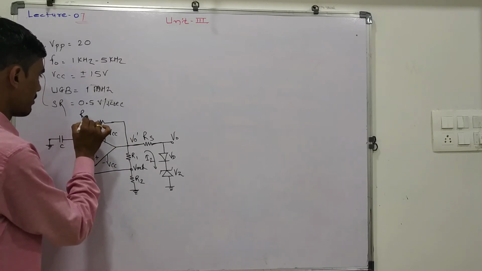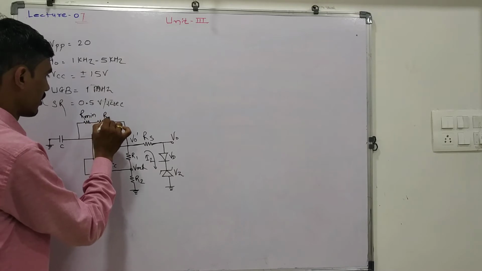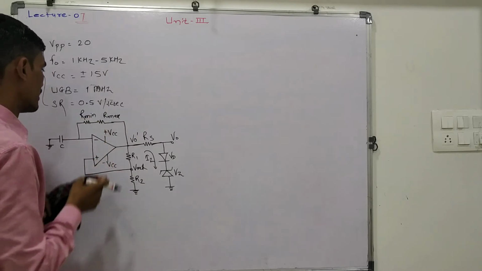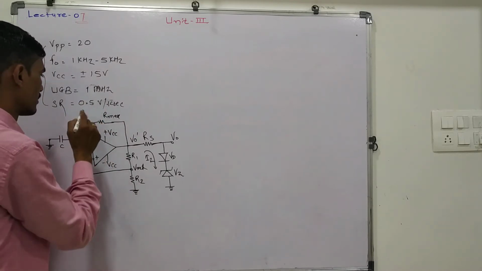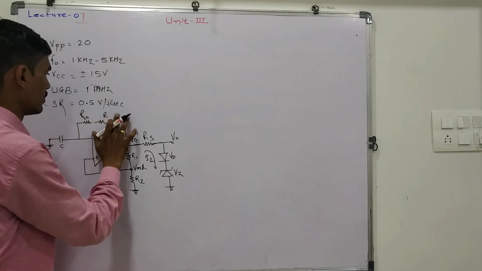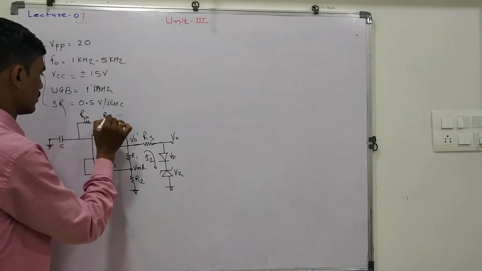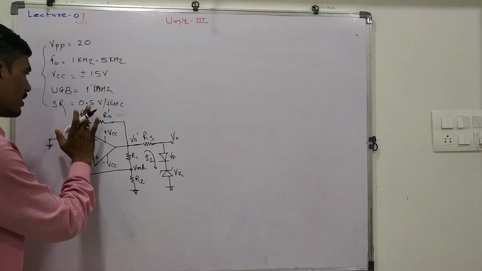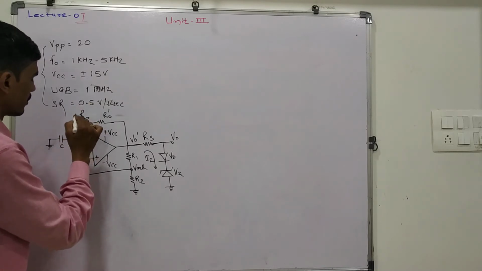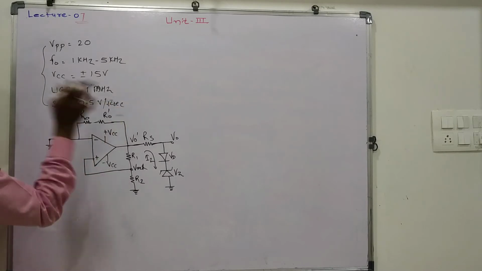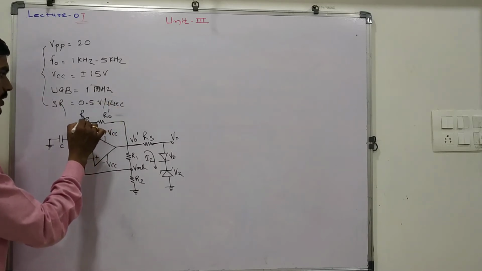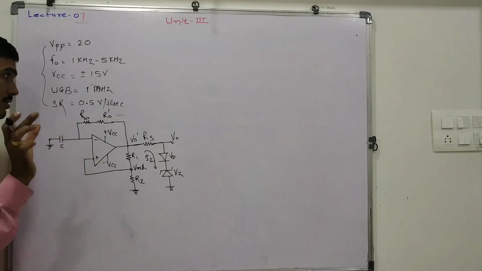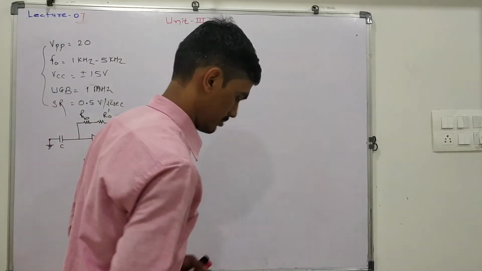So we call it R min, and this may be called R max, or we can say this is R0 and this is R0 dash. In simple words, we use the notation R0 and R0 dash. So this is the minimum value, and this is nothing but the extra value to be connected to R to obtain the maximum resistance for the frequency. So let us start with the solution.